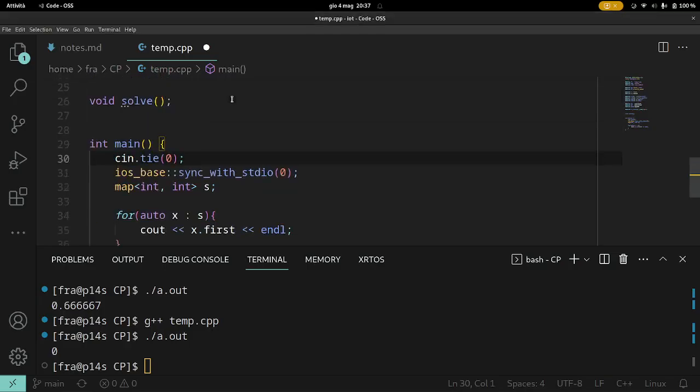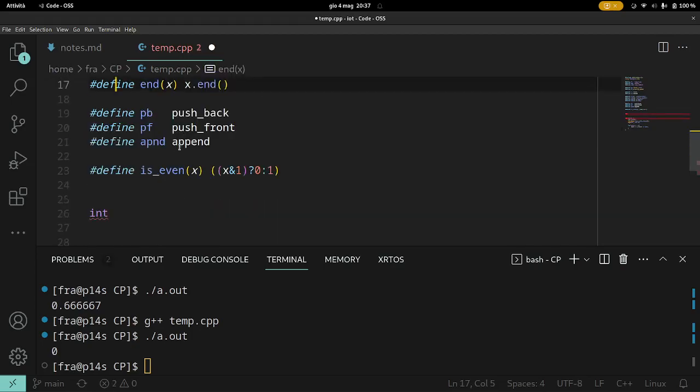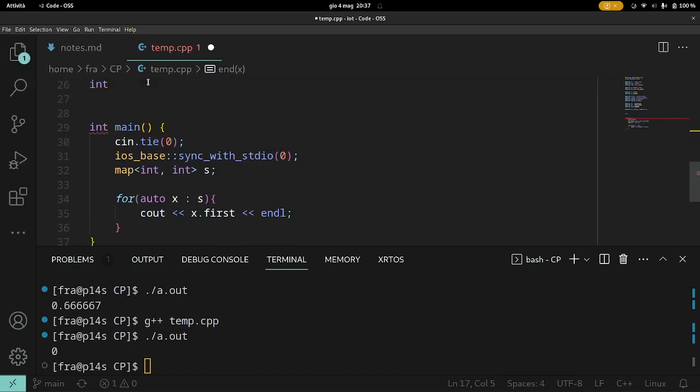One last thing is, if you define a function, it works exactly like C. You define the type of the function, which is the type of value that you will return from the function. Then you have the parameters of the function, for example these integers. They work exactly like in all the other languages.